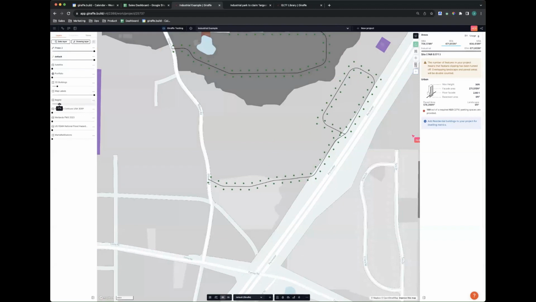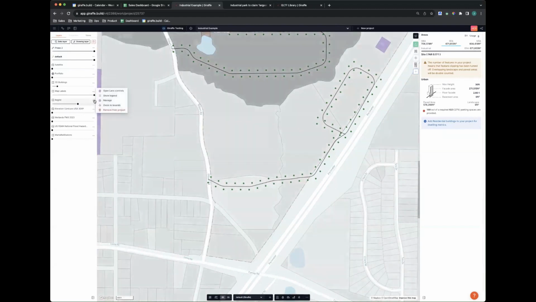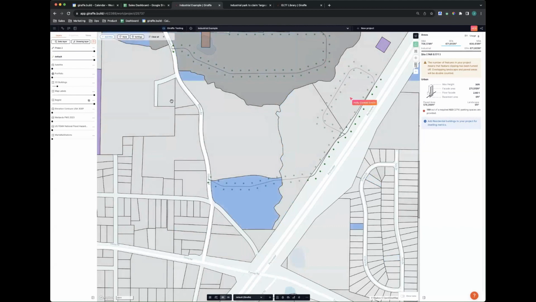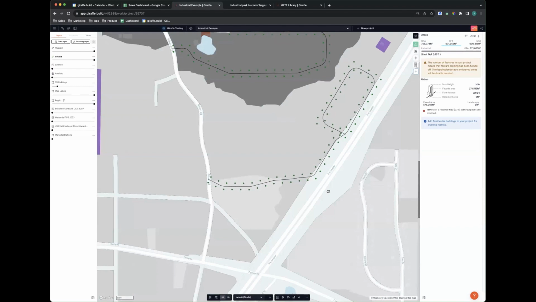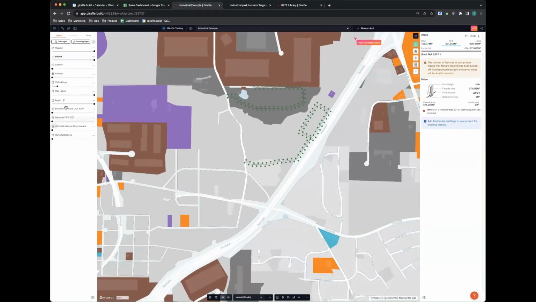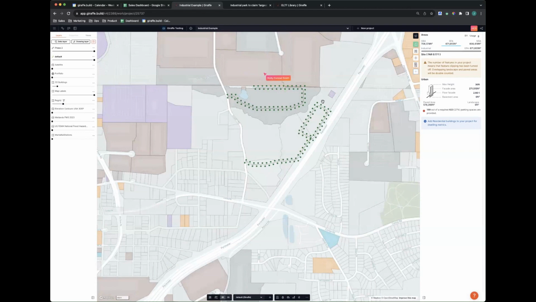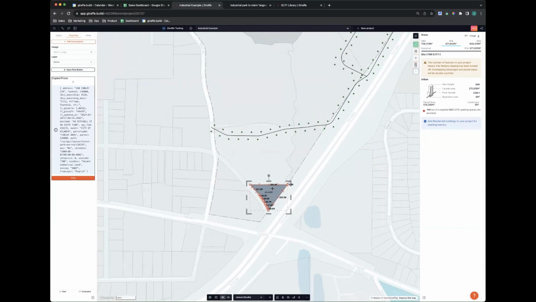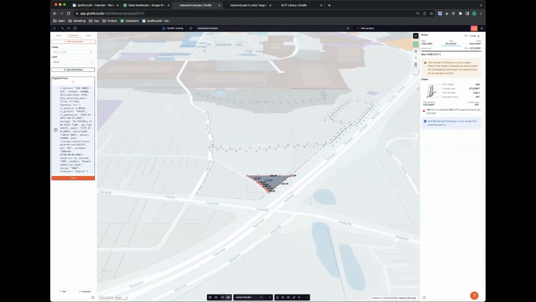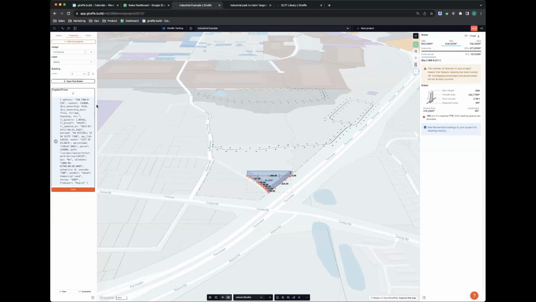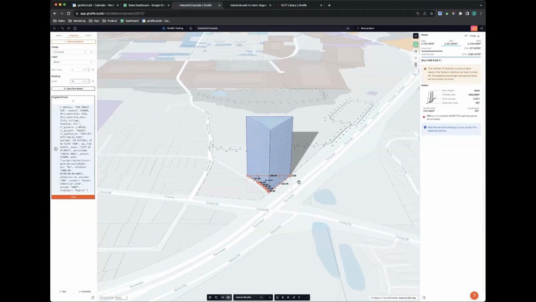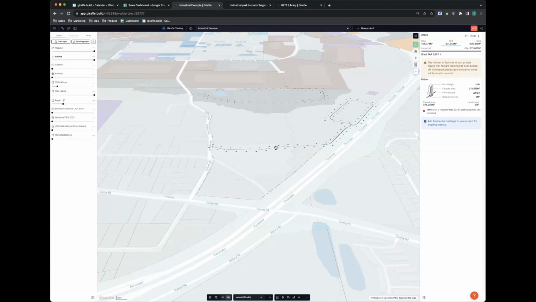So in Giraffe, there is a couple of modes, and one of those modes allows us to use geometries as a way to create polygons. So if I look at the parcel boundary here, I can actually right click on any feature and create a geometry. Now that geometry is not the boundary. That's just a geometry that I've created. So if I wanted to turn that into a giant commercial building, I could, but that's not helpful for what we're trying to do. So what we want to do is take that boundary and turn it into the boundary